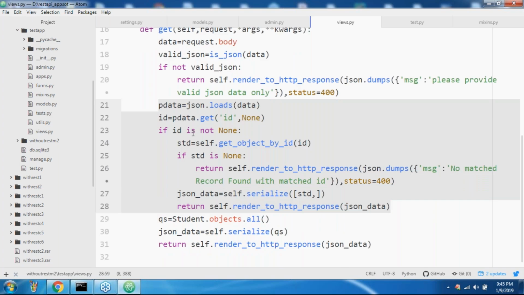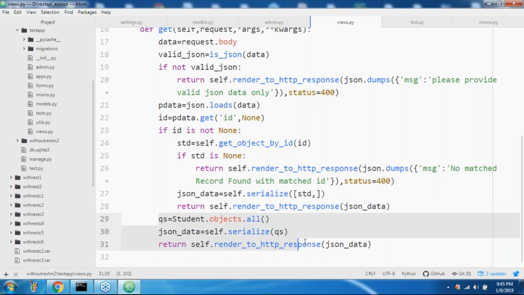If the ID is available, get the corresponding student object. If the student is not available, respond that no matching student was found with that ID. If the student is available, then provide JSON data. That's all. If the ID is not available, provide all students' information. That's it. Are you following line by line? You can understand very easily. Can you please confirm?